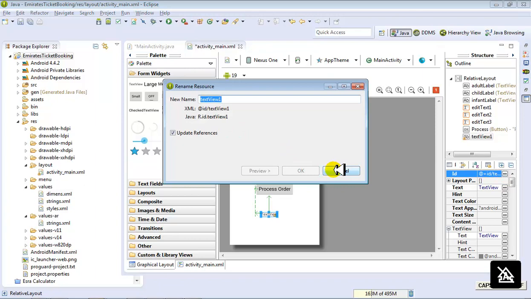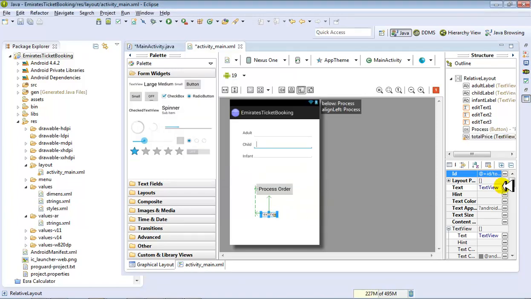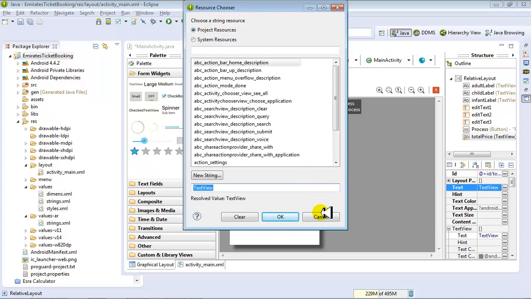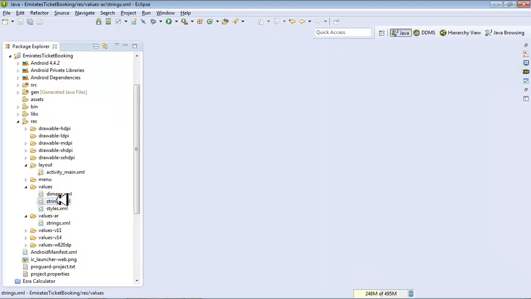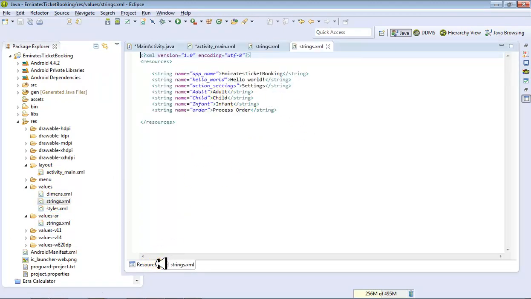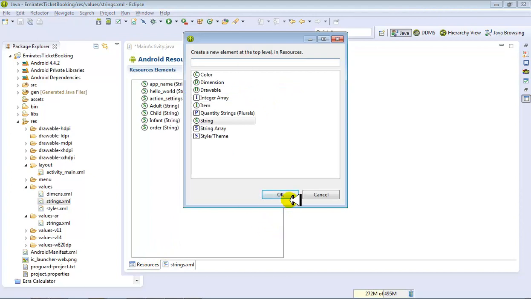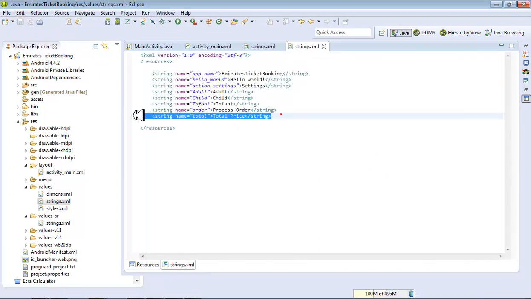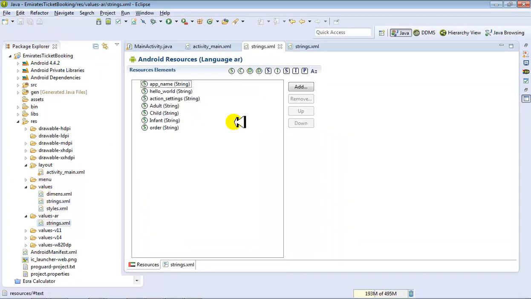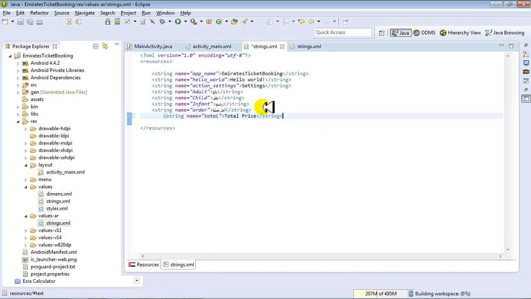I'll have it named total price. So this total price is my label or text view, and I'll give it a text view over here. First of all, I need to go to my strings.xml file, and I need to actually create a new resource over here, and the resource name should be total price. Okay, and the strings.xml file should also be copied and pasted on the Arabic,